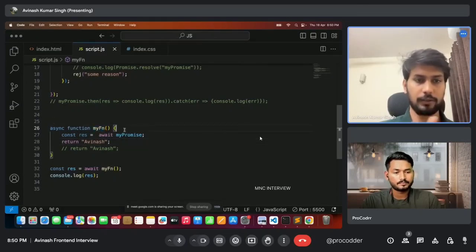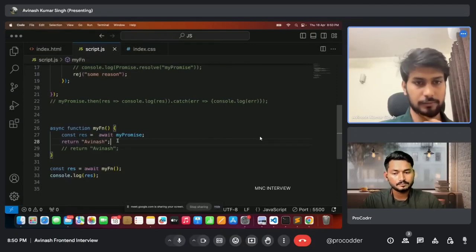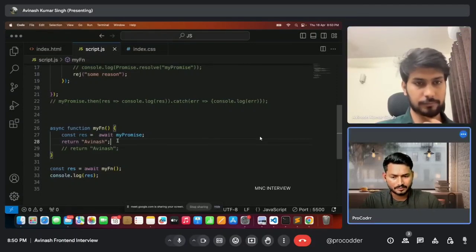No, because it is pushed in the callback and the main thread is free to execute other functions from the call stack. So let's say this function has 10 lines, and on line number 5 we are using await.